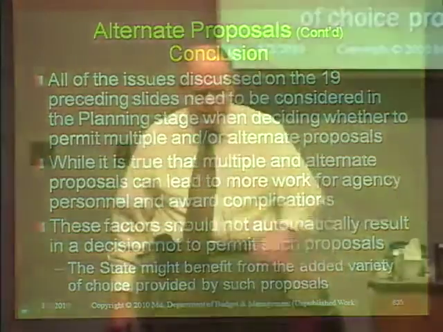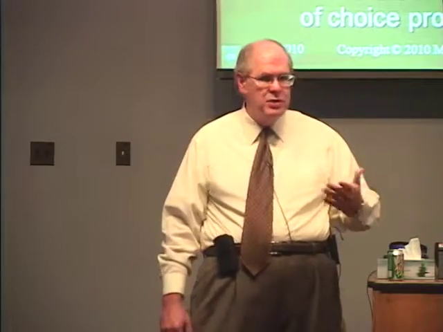And I know probably most of you just think this is almost mandatory language: "Neither alternate nor multiple proposals will be accepted." And probably very few people even think about what that says and about the fact that you don't have to say that. So all I'm trying to do is give you both sides of the equation. You have the right to allow either or multiple and alternate. You have the right to allow them within restrictions. What can be, what can't be. And so it's just another consideration for you to decide for what you're procuring, does it make sense?